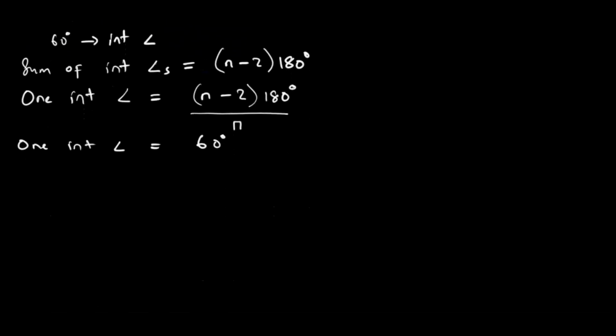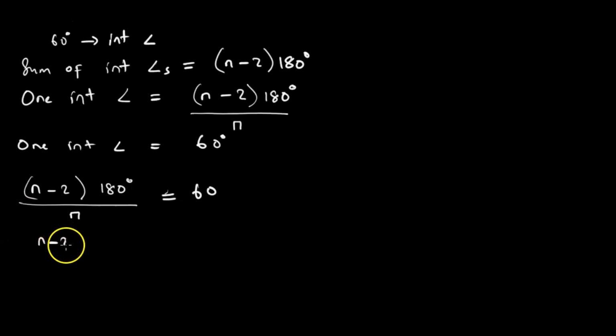Saka kana taziva izvozvo manje, zvoreva kuti tinofanirwa kungoti (n minus 2) times 180 degrees over n, and this part is representing one angle, which is equal to 60. Tikasolva iyi inofanirwa kutiudza kuti shape yedu ine masides mangani. Saka tikati n minus 2, tikaita cross multiplication apa, saka (n minus 2) times 180 degrees is equal to 60 times n, like that. So tadaiso manje, what do we do?